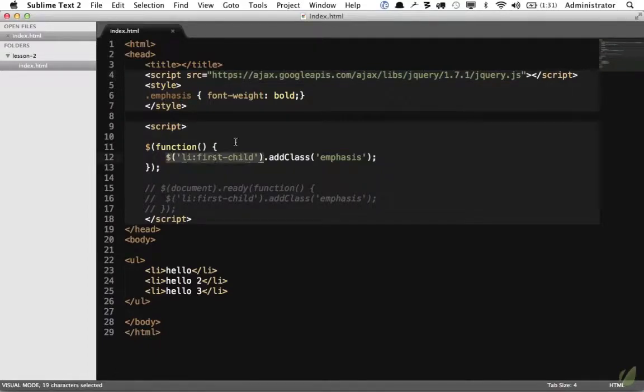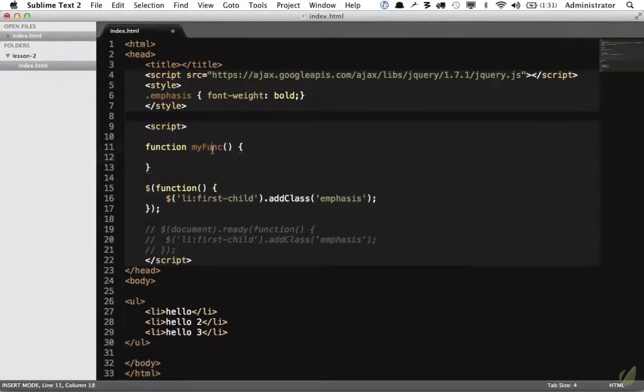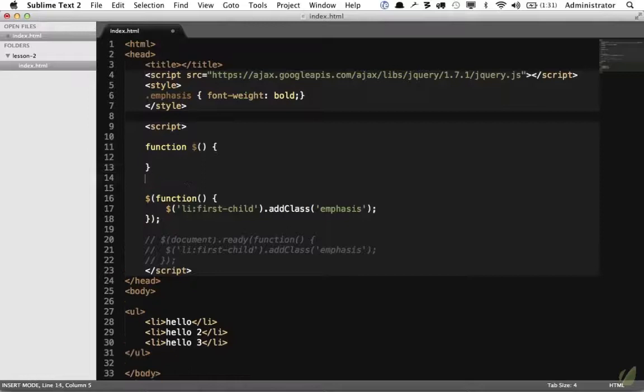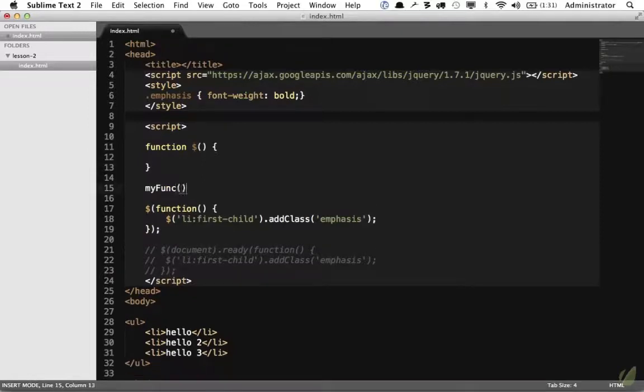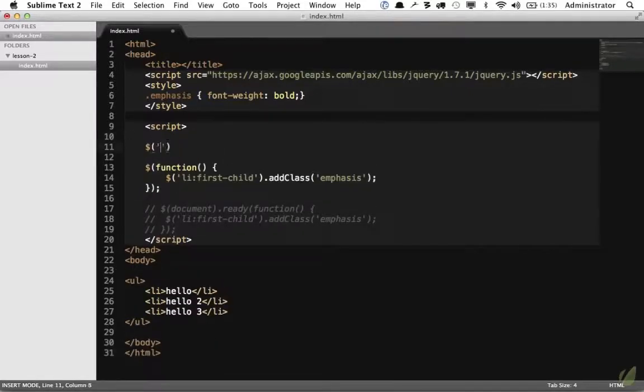If this is still confusing to you, just think of it this way. Function, myFunc. It's the exact same thing, but we're doing it like this. Function, jQuery, or $. And then we can reference that function in the same way that we would do myFunc, we would do it jQuery, like so. We're simply referencing a function. Then what we pass to that function, for example, UL, a CSS selector, jQuery needs to parse that and figure out what are we doing.